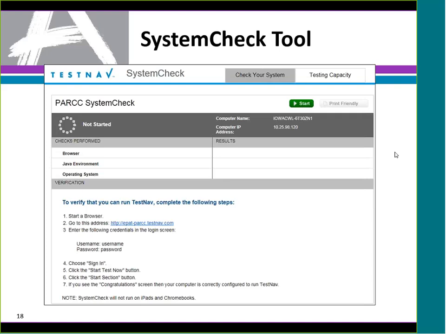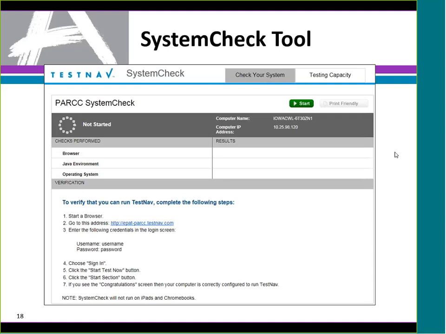And then in the bottom half of the page, we have verification. The top part, the 3 checks that it does on browser, Java, and operating system, is a basic check to say, all right, you should be able to stand up a secure version of TestNAP based on what you have on this device.